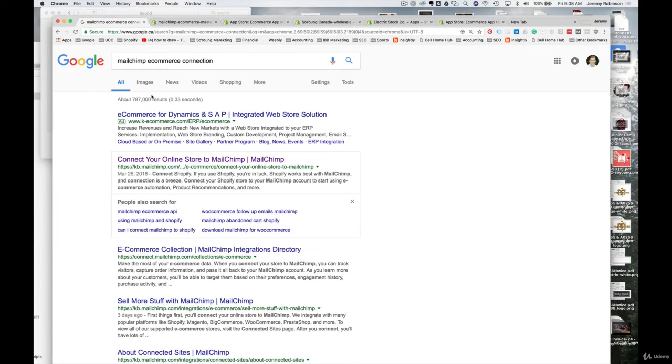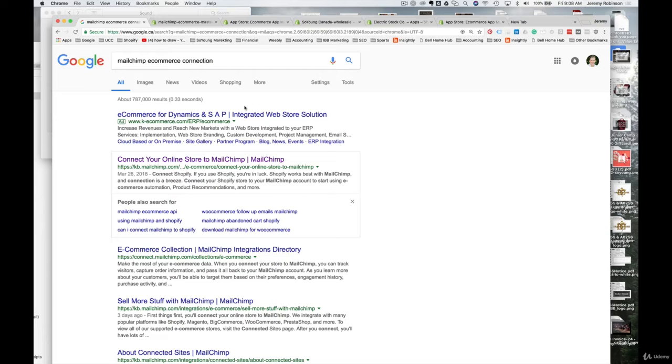Okay, so now I'm going to quickly walk you through connecting your store to Mailchimp. Obviously, if you've already done this, you can just skip right over this lesson. But the great thing about Mailchimp and several other email platforms is they make it very easy to connect your e-commerce store, and that will suck all of the purchase data that you get, and subscriber data for people who subscribe to your store directly into Mailchimp, which makes it very convenient for marketing to your customers and prospects